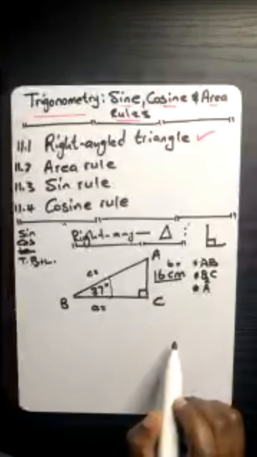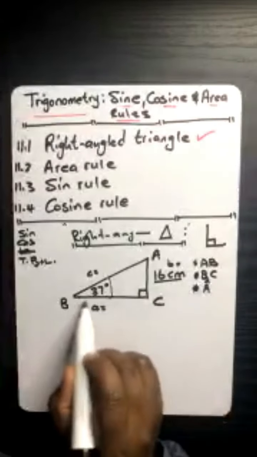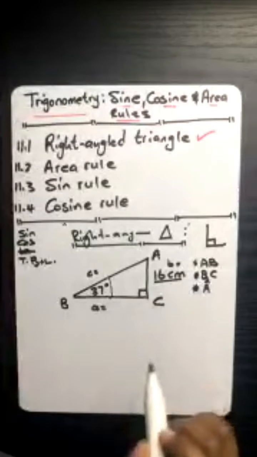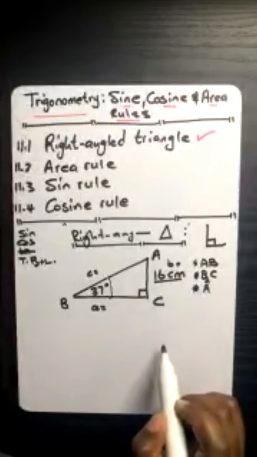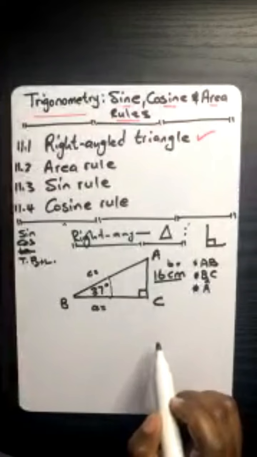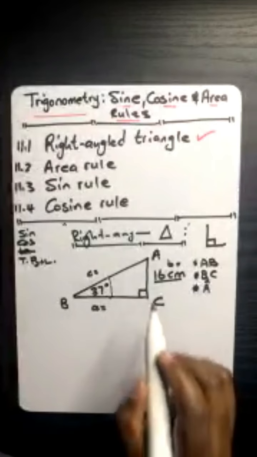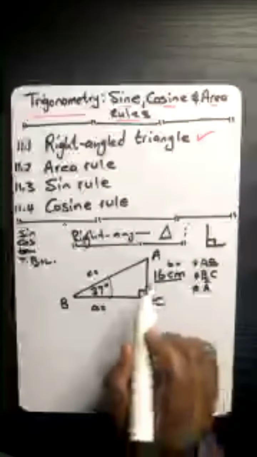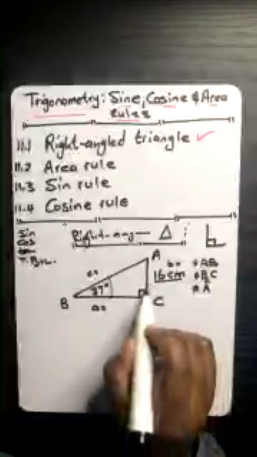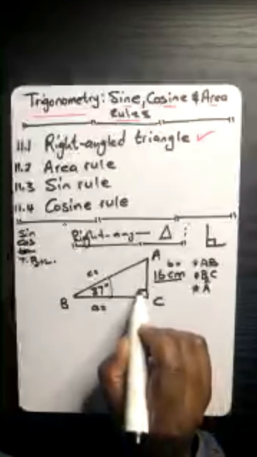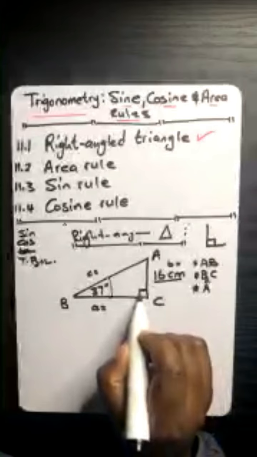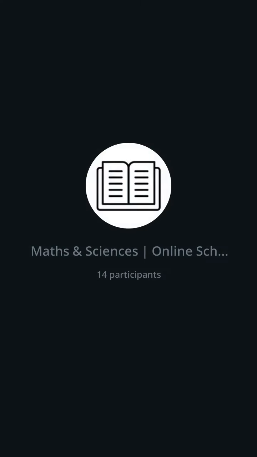So that means this side is adjacent, and always the side which is the longest side